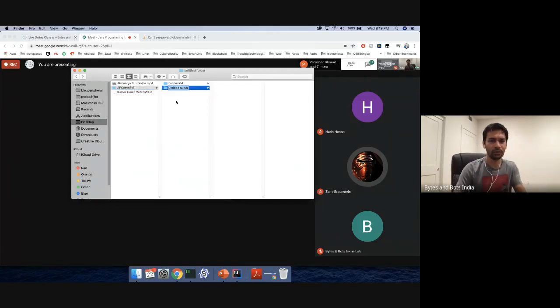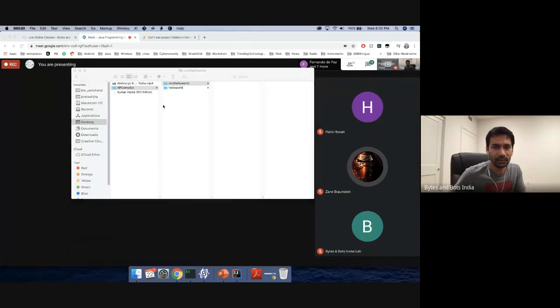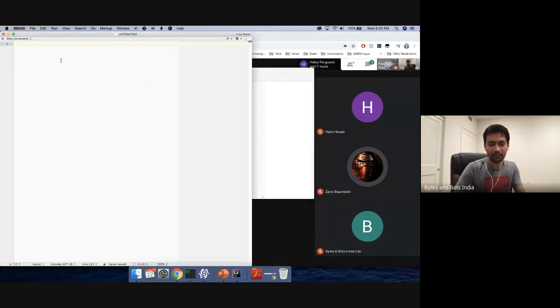Create a new folder, name it something. I'll just say command line hello world, and then in that folder, create a file. So create a file, and then you just write public class. Whatever you wrote in the IDE, you can straight away copy paste it.